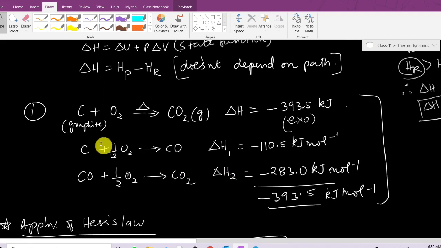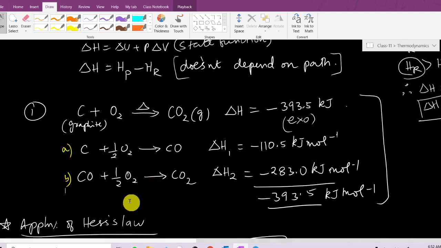Suppose I give you a problem. Now I'll give you the input data. What does the problem say? Consider the 3 reactions in which carbon, first reaction C plus O2 (graphite) gives CO2. The enthalpy change associated with this is minus 393 point this, and consider this reaction, the enthalpy change is given this value, and for this reaction the enthalpy change is this much value, this much heat evolved per mole of the compound. Now you can see this is reaction A and reaction B.